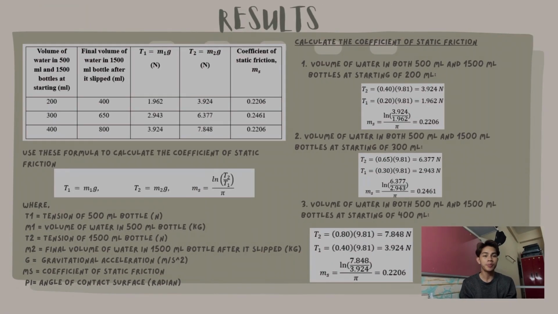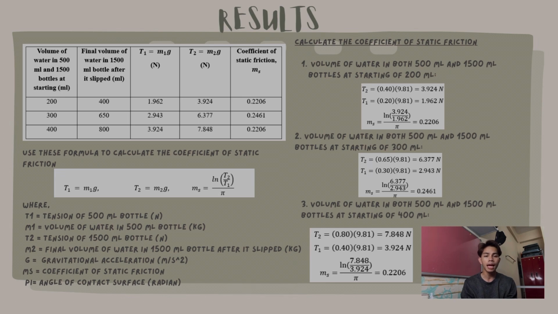In this slide, we are presenting the result of an experiment designed to calculate the coefficient of static friction between two different amounts of water in 500 milliliter and 1500 milliliter bottles. The formula that we used is shown in this slide. At 200 milliliters, the coefficient of static friction was 0.2206. At 300 milliliters, the coefficient of static friction was